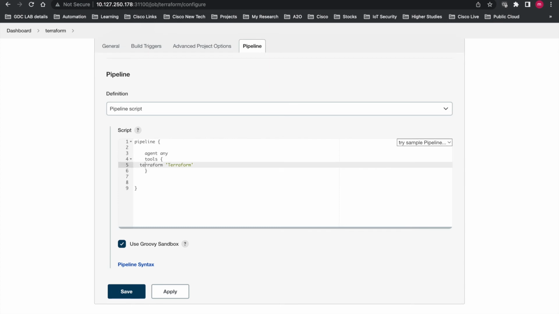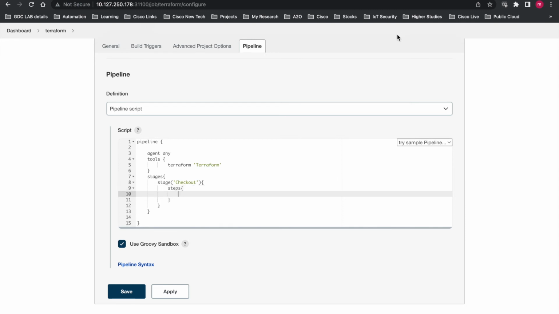After that, we'll mention various stages for the pipeline, the different stages that we want to execute. Stage 1 is checkout, as I have already mentioned. So first I'm doing a checkout. Then we will have steps within the stages to specify what exactly we need to do with that particular stage. So this is for the checkout,